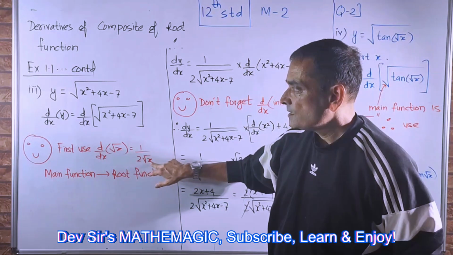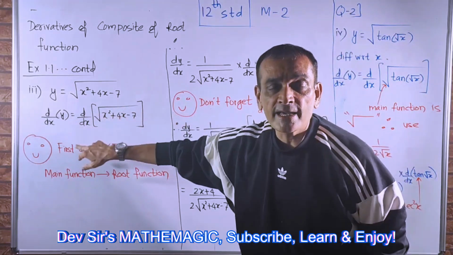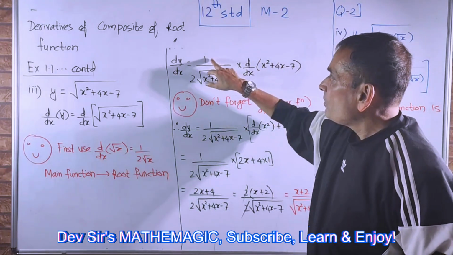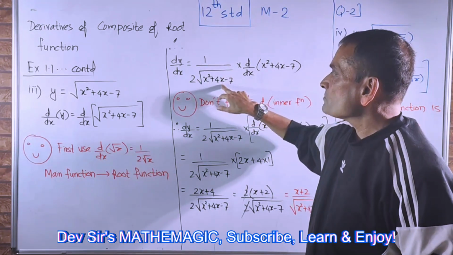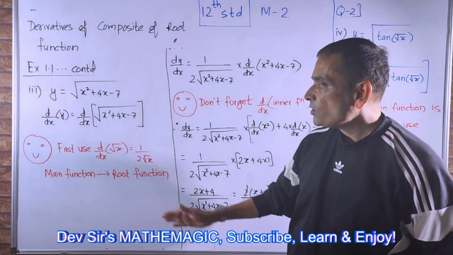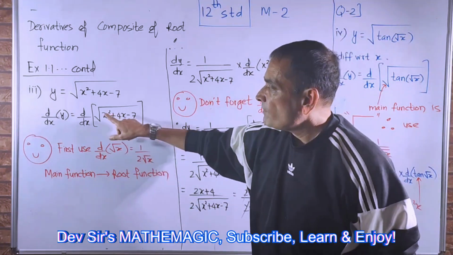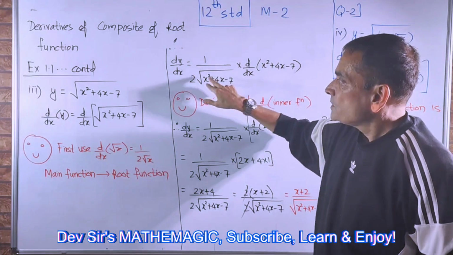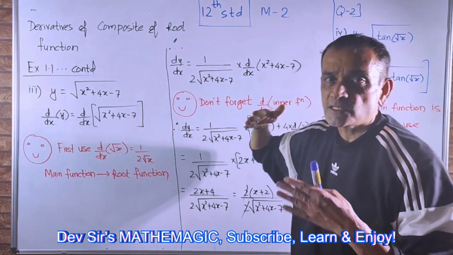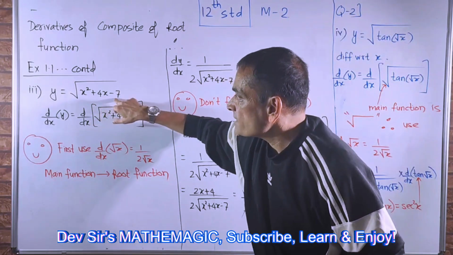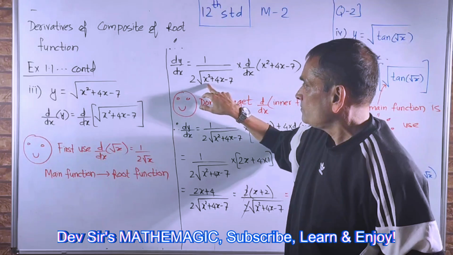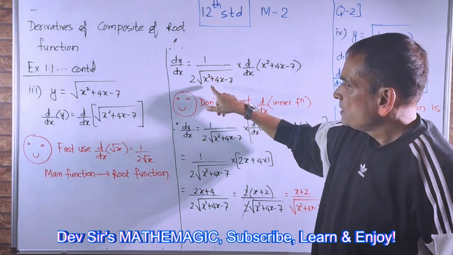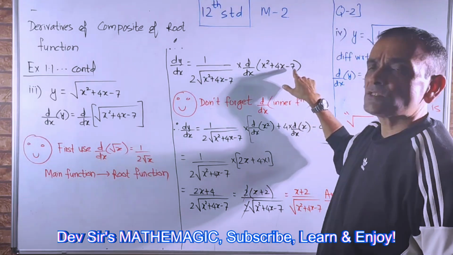Now based on this, let us take the derivative of this. D by dx means what? To take the derivative. So d by dx of root is what? 1 upon 2 root x squared plus 4x minus 7. Because derivative of root x is 1 upon 2 root x, derivative of root of all this will be 1 upon 2 root. Right? लेकिन 1 upon 2 root x नहीं. Instead of x, what have you got? X squared plus 4x minus 7 है दोस्तों. Don't forget that. So 1 upon 2 root x लिखने के बाद